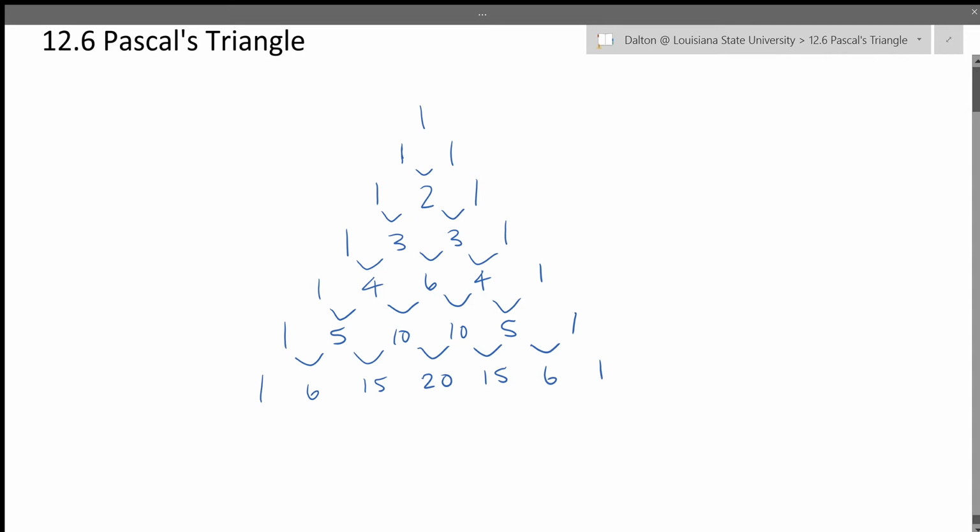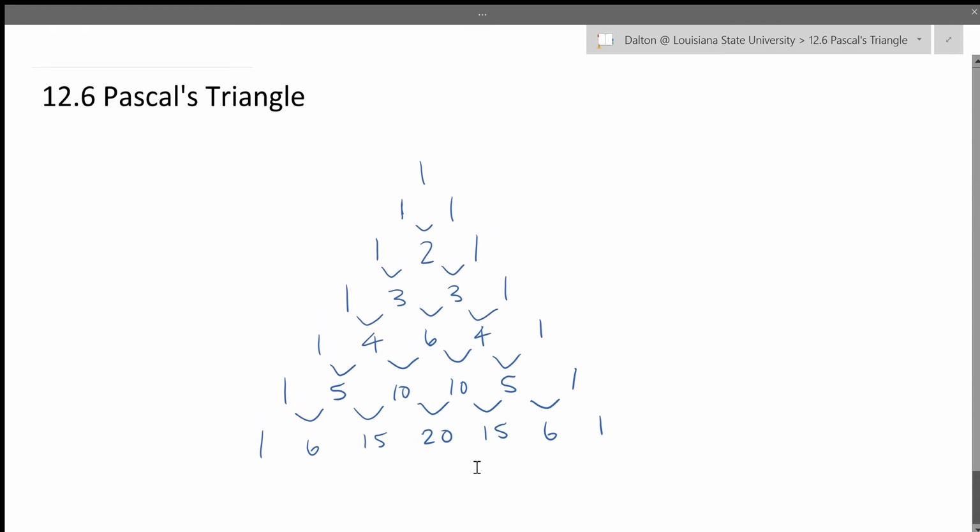Now, we're stopping here, but Pascal's triangle is infinitely long. You can continue this to infinity if you'd like. So basically what this is used for is binomial expansions. So prior to this lesson, if I asked you to expand, let's do 3a plus b to the 4th power, if I asked you to expand that, I would just be cruel, because essentially what you would probably do